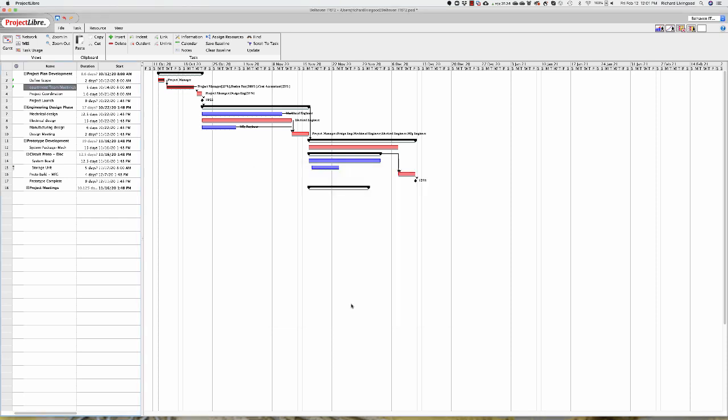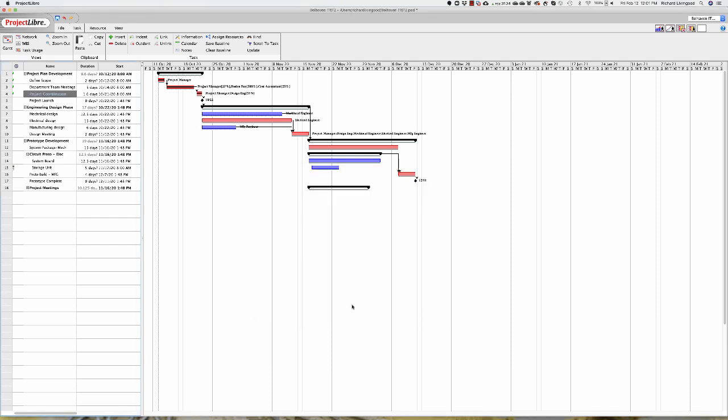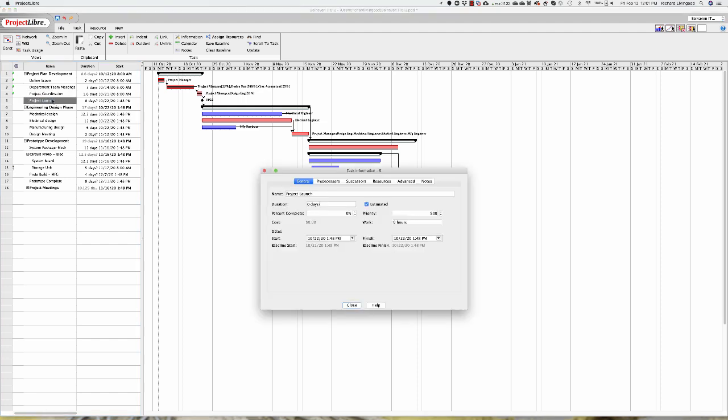Give it a second to do what it's doing. And we'll do it to the third one. By the way, you notice it puts the 0, and that's why I got the 1000%, which it did not like. It's because it automatically puts a 0 in. So when you start typing, it's doing it in 10% intervals. And then because the project is done, well, we're saying it's done, we will also put 100% of the